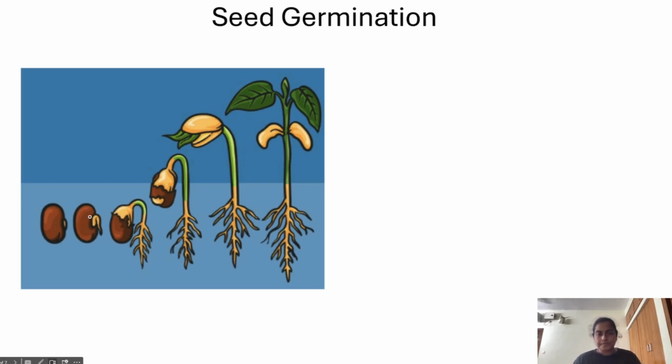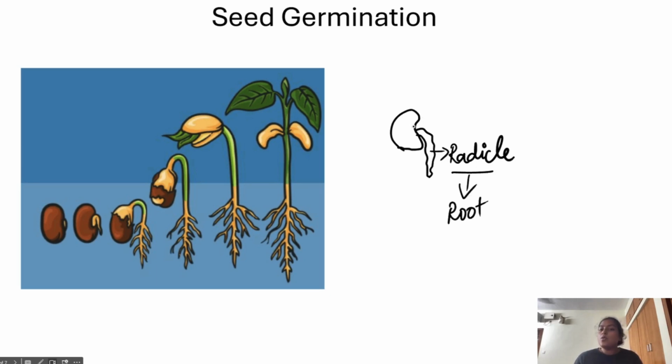So now, you know what? If you give necessary conditions to a seed, a small tiny thing arises like this. That is called a radicle. What is radicle, ma'am? This radicle is going to be the future root. And slowly another structure arises called plumule. What is plumule, ma'am? Plumule is the future shoot. Shoot and root you should be knowing. You are big enough to know what is shoot and root. Shoot is the part of the plant above the ground and root is the part of the plant below the ground. Right? Cool, that's it.